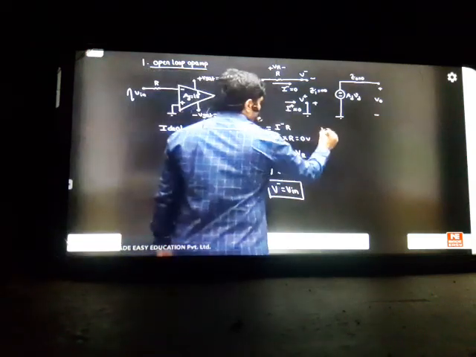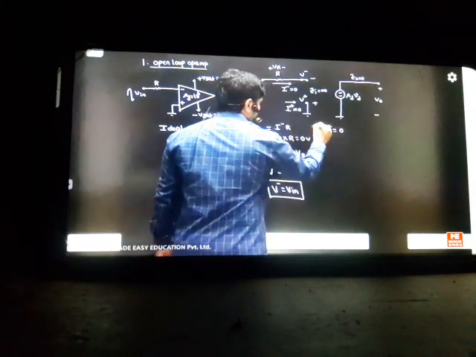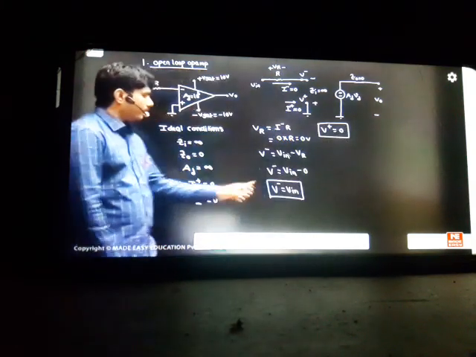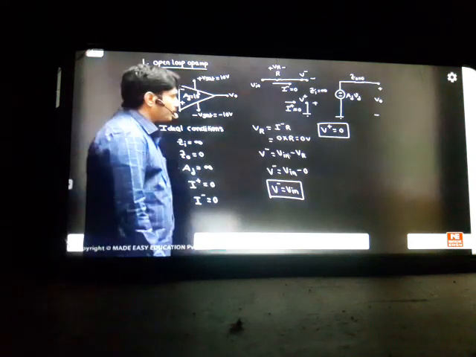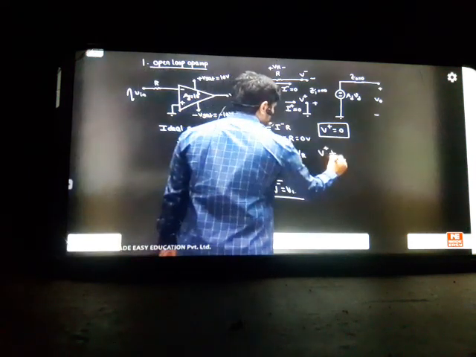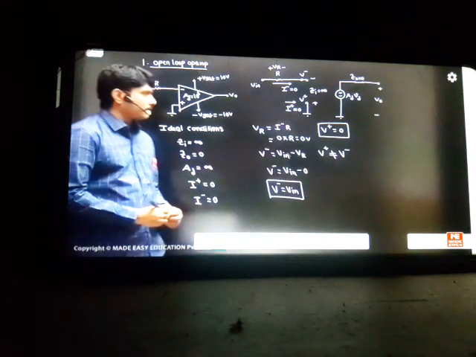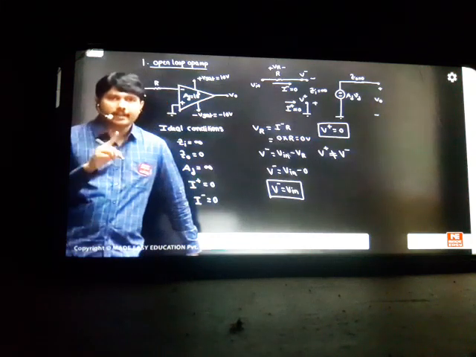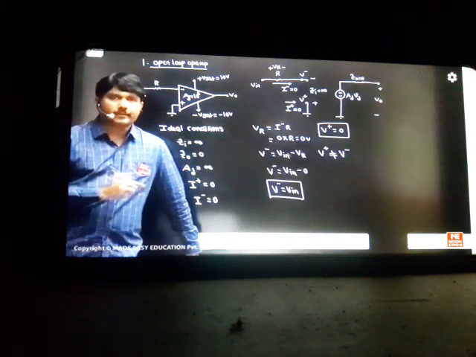So what about V plus? V plus, common sense, is directly ground. V plus is 0. So V plus we got 0, V minus we got as VIN. By seeing these two results we can say V plus and V minus are not matching in this theory. So in the open loop system, I have proved that the inverting and non-inverting inputs are not matching. If both the inputs are not matching, we call the technique in our electronics as the op-amp